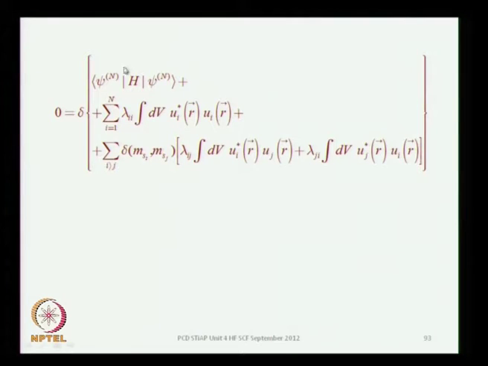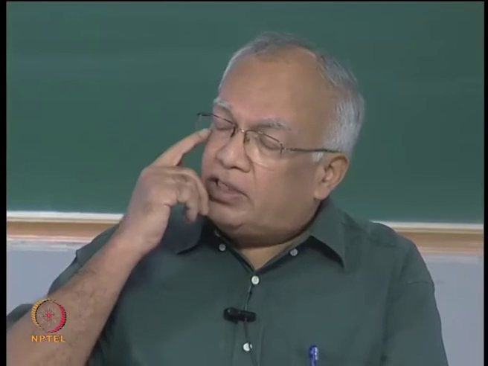Now, let us include the terms coming from the constraints. So, you have got these terms coming from the constraints, this is coming from the normalization constraint, this is coming from the orthogonality of I with j, and this one from j with I. These are complex functions, and the real part and the imaginary part can be varied independently. So, you have the lambda matrix generated, which is a Hermitian matrix,